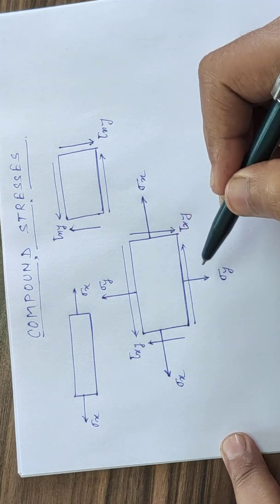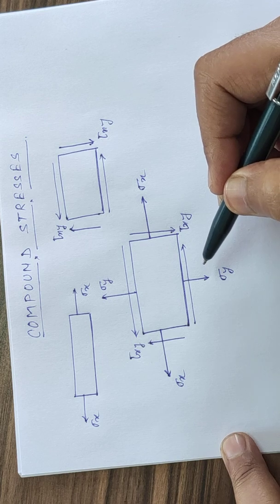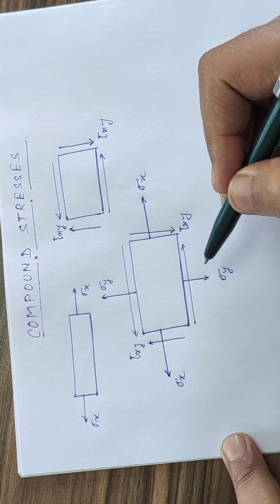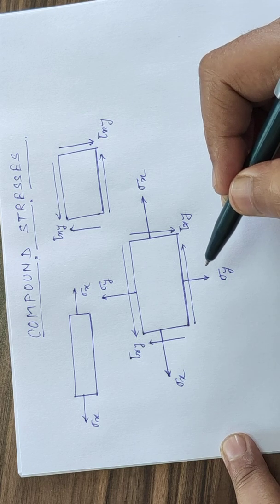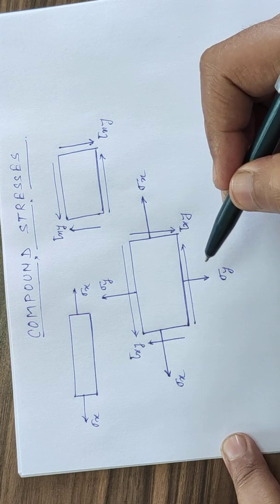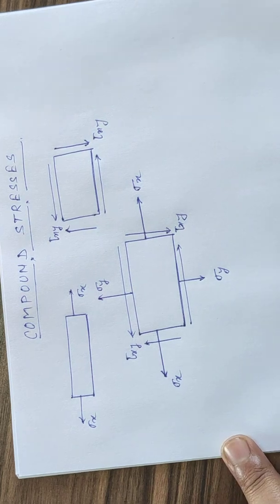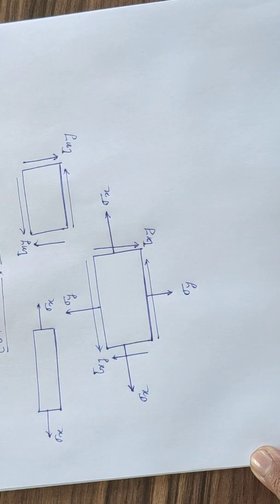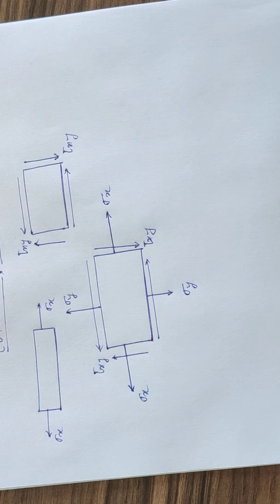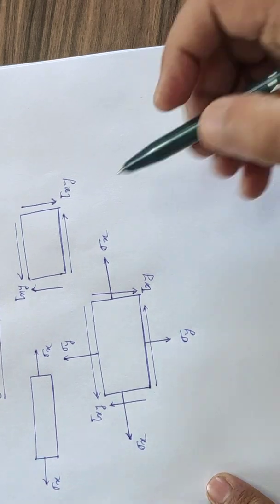So we can define that a point is said to be under combined stresses when it is subjected to both normal and shear stresses due to load acting on the component. The objective of this topic is to analyze the practical situation. In case of combined stresses we have to derive the relation for the maximum normal stress, and the normal stress and shear stress on a particular plane. The analysis we will do step by step.